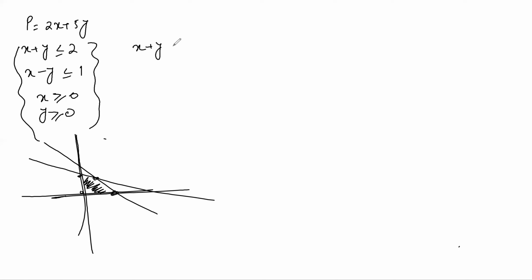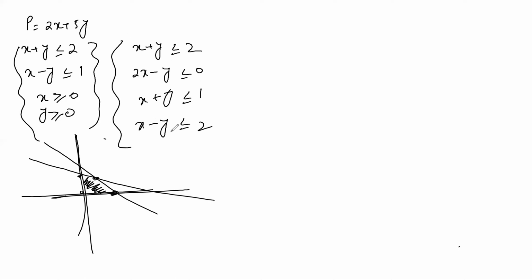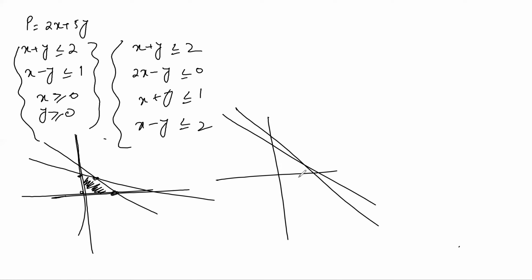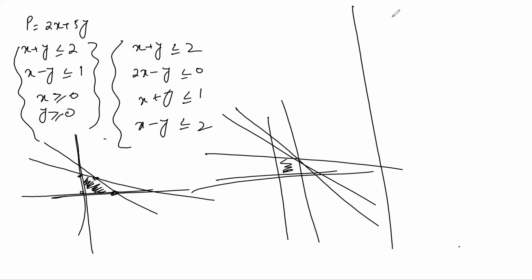Let's say I write x plus y less than 2, 2x minus y less than 0, x plus y less than 1, x minus y less than 2. If you have 4, 5, 6 equations, then it would be a mess if you draw all those constraints on the same graph paper like this. It would be very difficult for us to figure out the feasible region. So to avoid this difficulty, there is a new method which is called the simplex method,